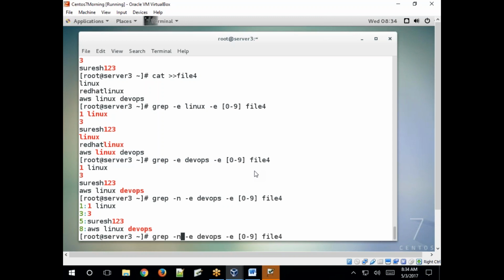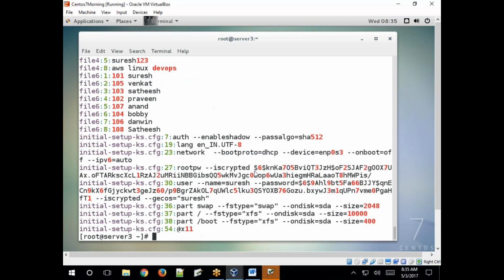If you want to search for the same patterns in all the files in the current working directory, use asterisk, which represents the current working directory. So grep will search for the two patterns you specified in all the files recursively, and return all the file names as well as the line numbers, such as line number 6 in file 4.